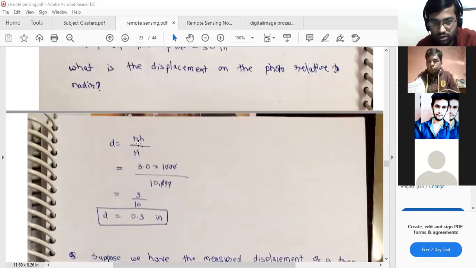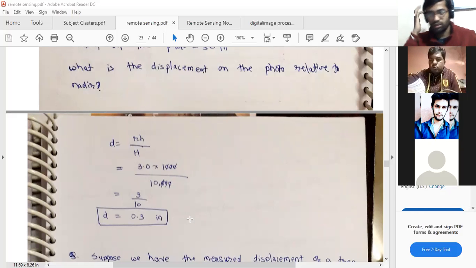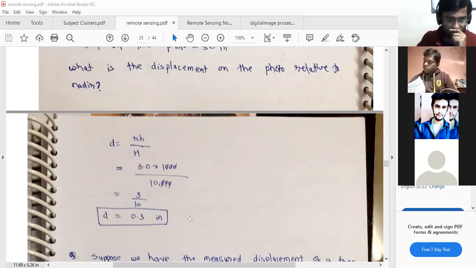Okay, we will use this formula. D is equal to Rh by H. Okay, we have radius 3 inch. Okay, height of the aircraft, height of the base in feet, feet get cancelled, you will get final value of D in inches, like this. Okay, now give me the same value in feet. How much? What you will do? Now calculate the same value in feet. 2.6